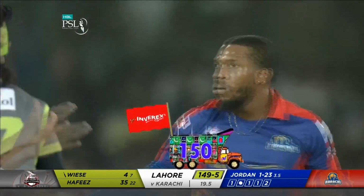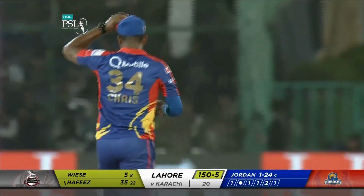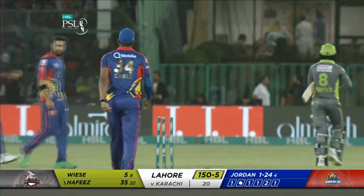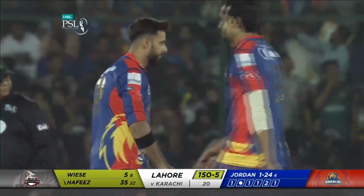And the Qalandars finish 150 for 5. And a brilliant last over again from Chris Jordan. He finishes 1 for 24 from his 4. And the Qalandars